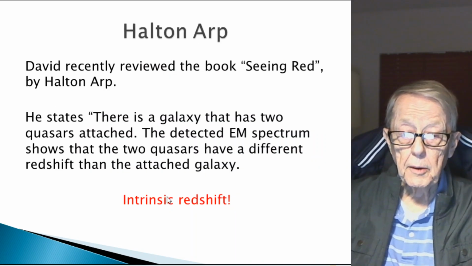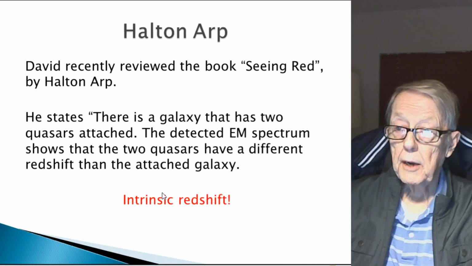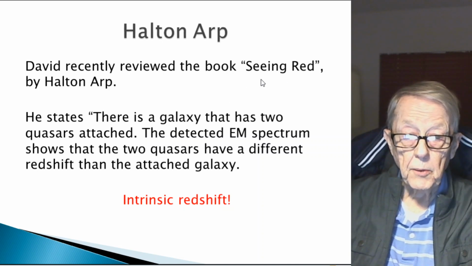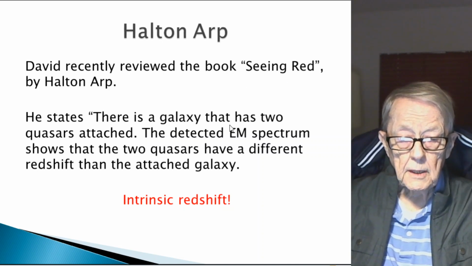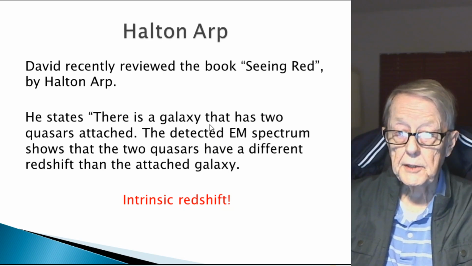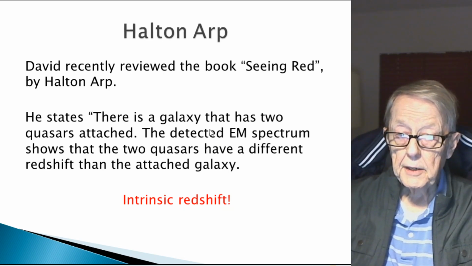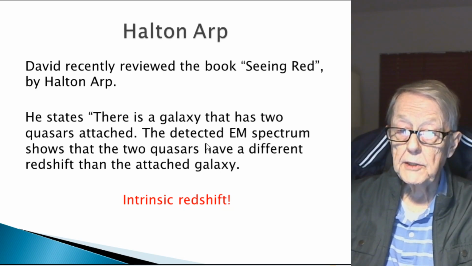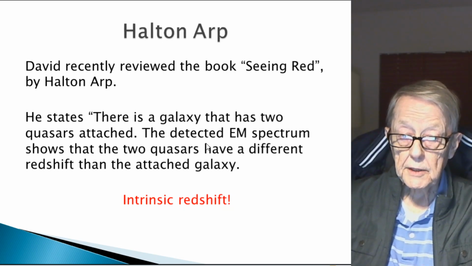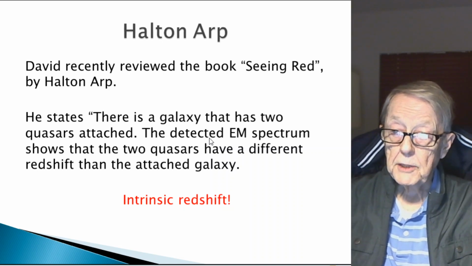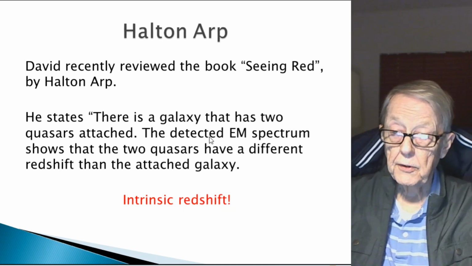Okay, a third point. David also reviewed a book by Halton Arp. The book is titled Seeing Red. And he states that there is a galaxy that has two quasars attached. The detected electromagnetic spectrum shows that the two quasars have a different redshift than the attached galaxy. In other words, these three objects are very close to each other. In fact, you can even visibly see how they're attached,